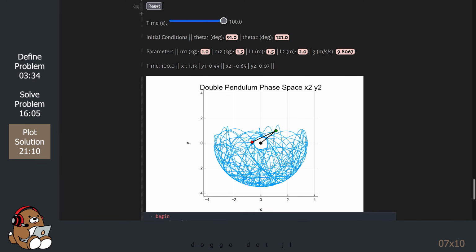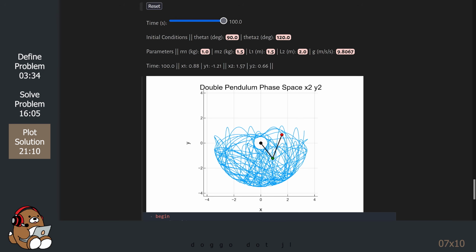Let's hit the reset button and change some of the parameters to see what happens. Let's start by changing the masses.